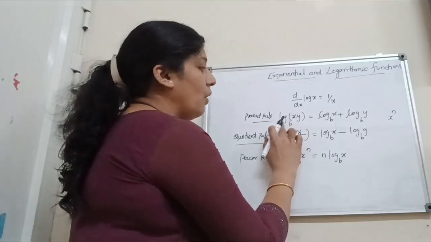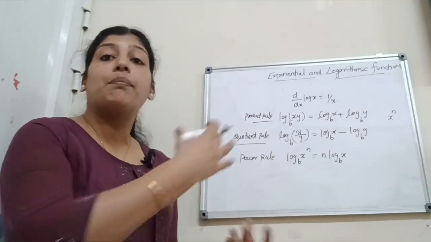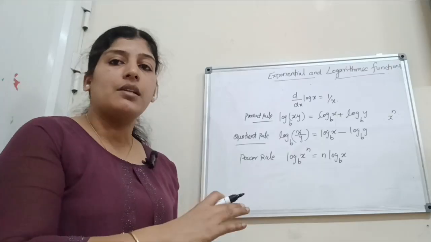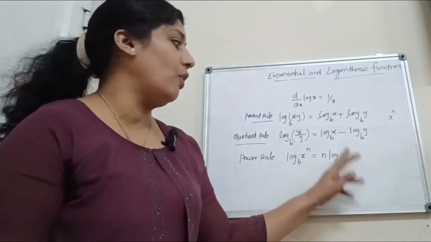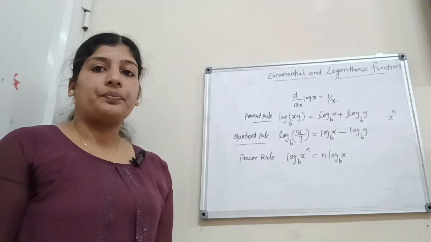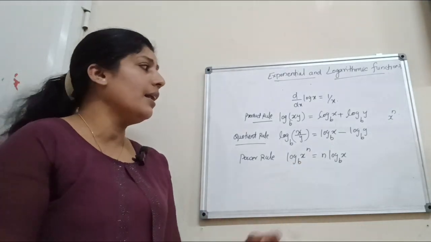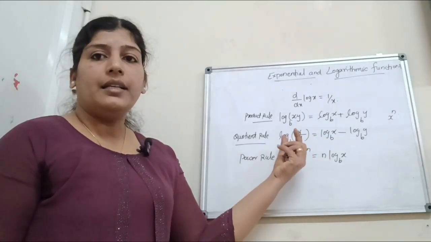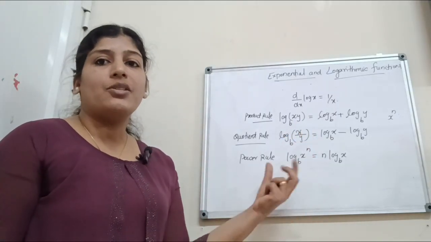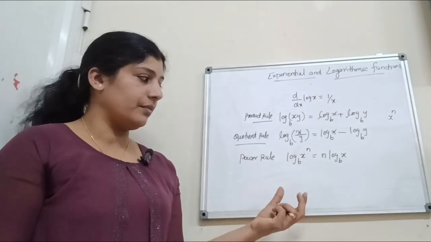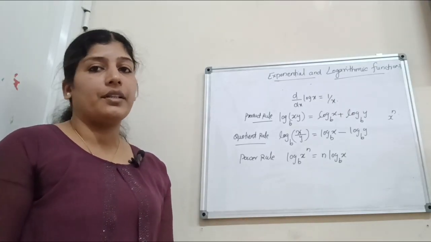Simply, we can write log xy equals log x plus log y, and log x by y equals log x minus log y. Then log x raised to n equals n log x. Then next we have to consider some results. Here b as the base is the common logarithm, with 10 as the base. Next we can consider the natural logarithm, with e as the base. Therefore we have to consider some results on the natural logarithm also.